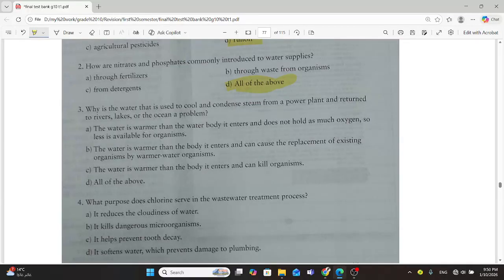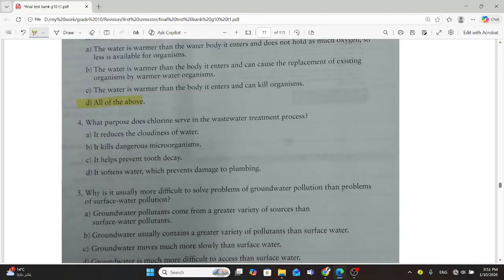Why is it a problem? Because this water is warmer than the water body it enters and doesn't hold as much oxygen, so less is available for organisms. The water is warmer than the body it enters and can cause replacement of existing organisms by warmer water organisms, or the water is warmer than the body it enters and can kill organisms, or all of the above? All of the above. Okay, what purpose does chlorine serve in the wastewater treatment process? Chlorine, okay, it kills the dangerous